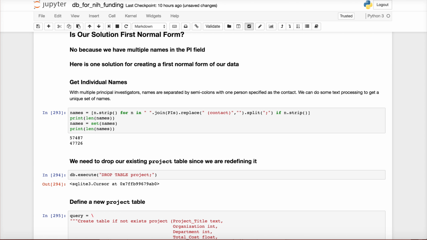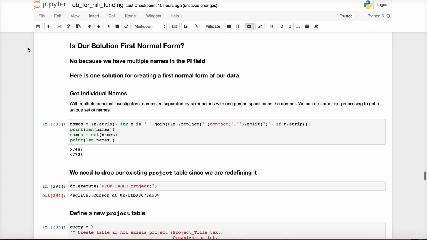Okay, so we've already recognized that our solution isn't in first normal form because of the presence of multiple names in the PI field. And so here is one approach that we could take to changing our database design, and no claims that this is optimal. But our issue is that we have multiple names in the PI column. And so first off, let's create a list of names that represent individuals instead of a string